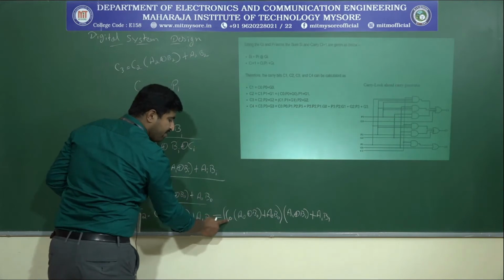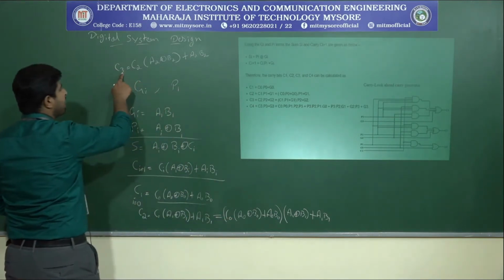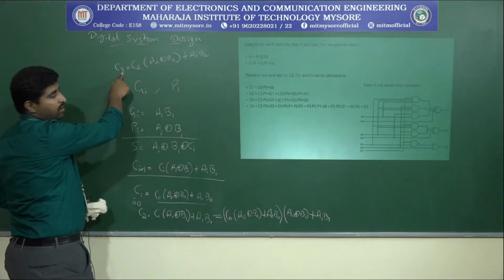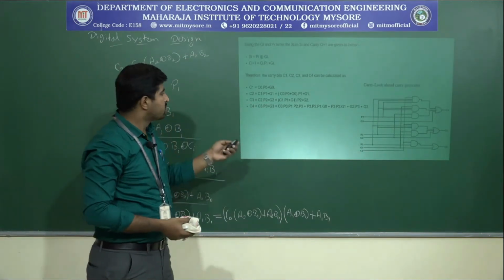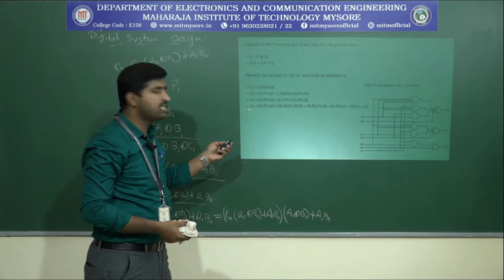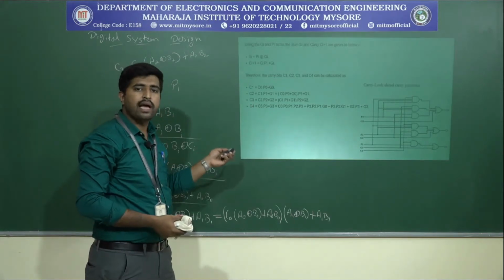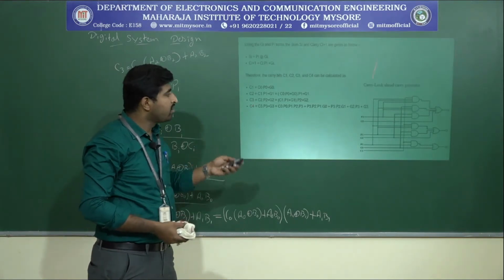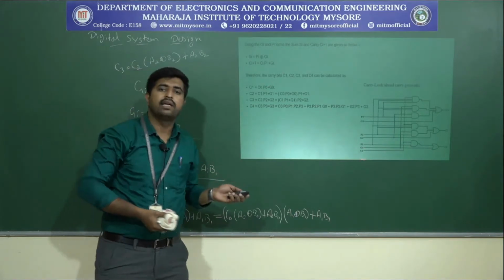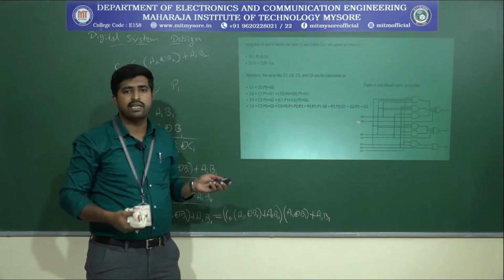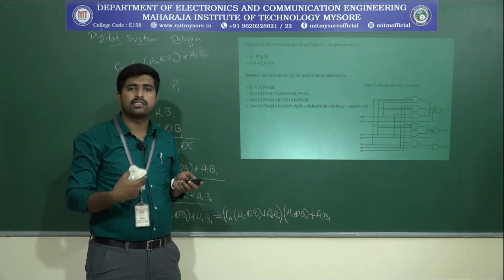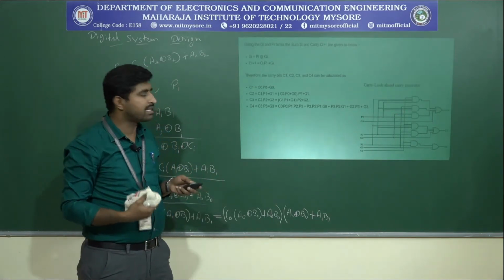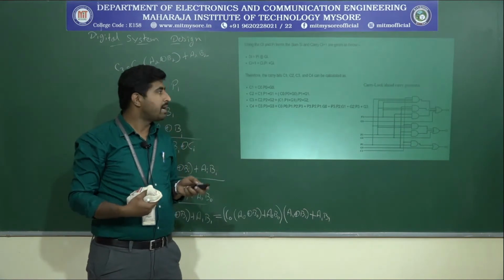That means by having the C0 only, we can calculate the C3. So that is what is given here. Like that, we can even calculate the C4. By having the carry of the first adder only, we can compute the carry needed for the other full adders. So when you give the input to the full adders, whatever the required carry will be there for the MSB bit is generated.